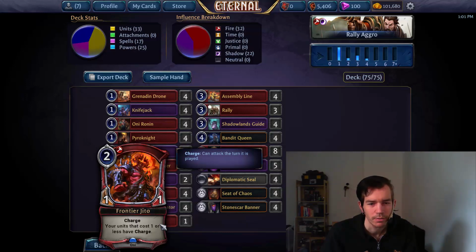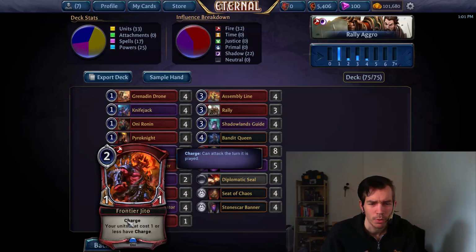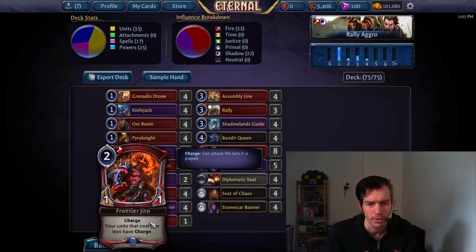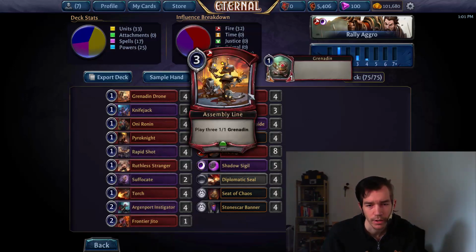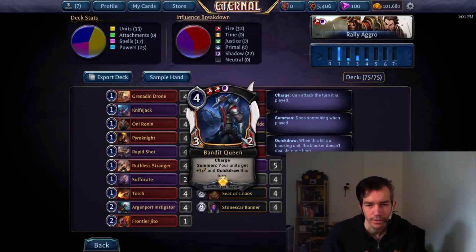But if I would cut it, I would probably consider running the Force Rally again, or an additional removal, like another Suffocate or something, not sure. But right now there's nothing that I desperately want, so I'll still keep playing with the one Jito to see how it keeps performing, and if I get to a point where I really dislike it and want to cut it entirely. And yeah, the other units are four Assembly Line, four Shadowlands Guide, and